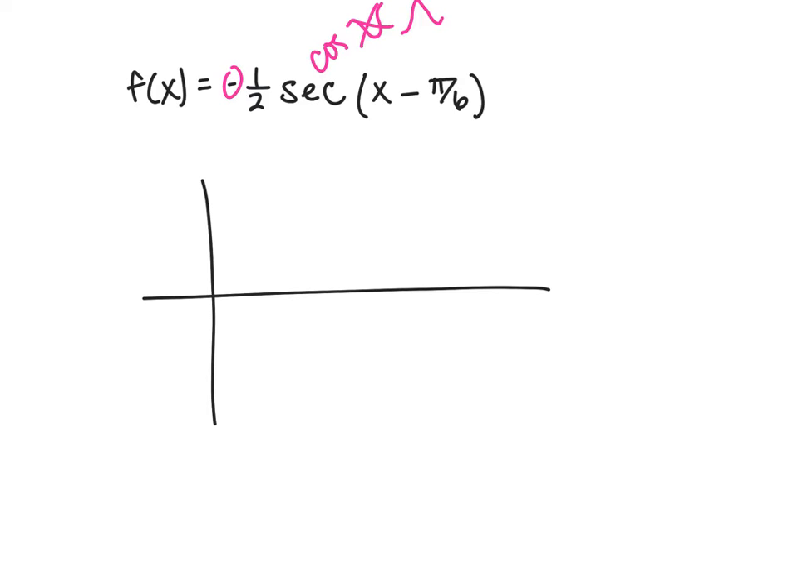This time the midline is at 0. There isn't any vertical shift. And then this 1/2 gives me my amplitude, so I know the top of my graph will be at 1/2, and the bottom of my graph will be at -1/2. This time we have a phase shift of right, remember it's backwards, pi over 6. So that means our first tick mark will be at pi over 6. The b value is just 1, so that means the period